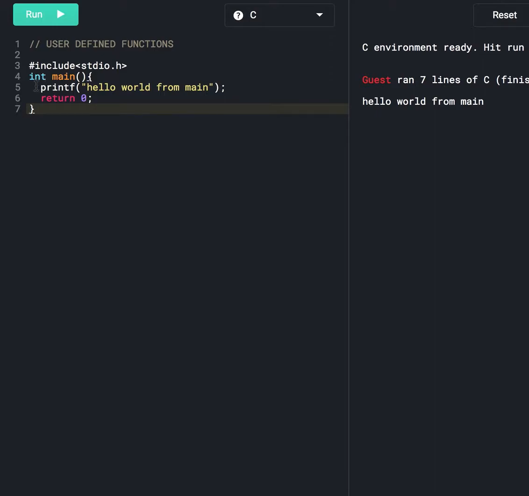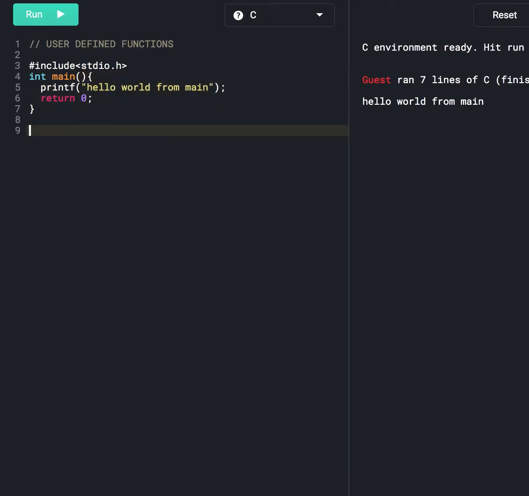As we have discussed in the previous session, here int represents the return data type of the function. And since the data type is integer, at line number 6 we have written 0. Main is the name of the function, and this parenthesis is the function sign, and we have open and close curly braces. So this is known as function body. Inside open and close curly braces we write our business logic.